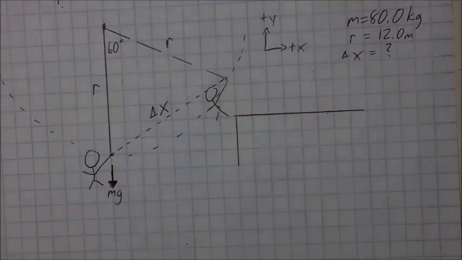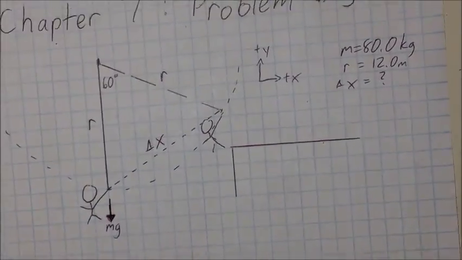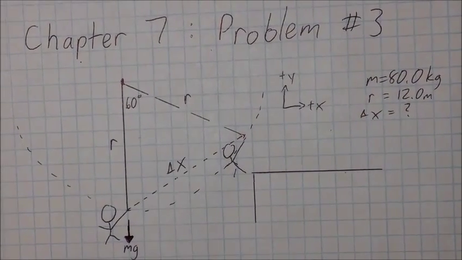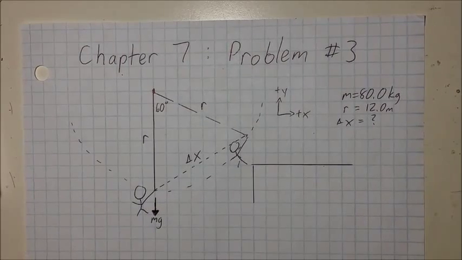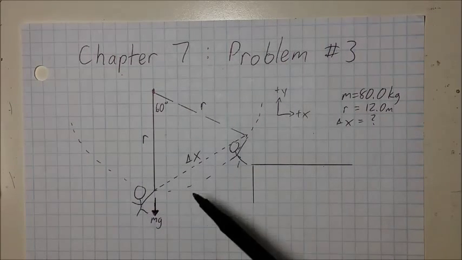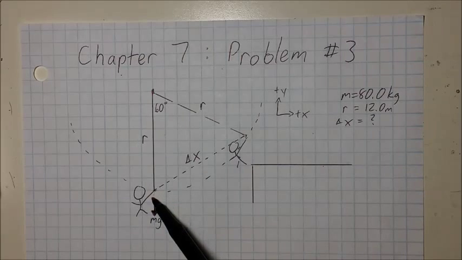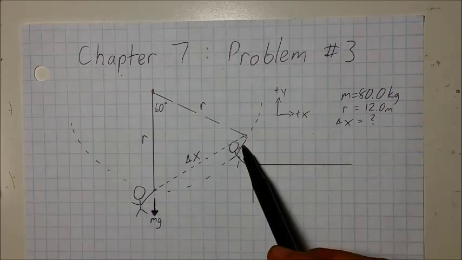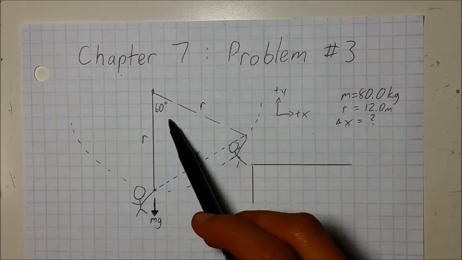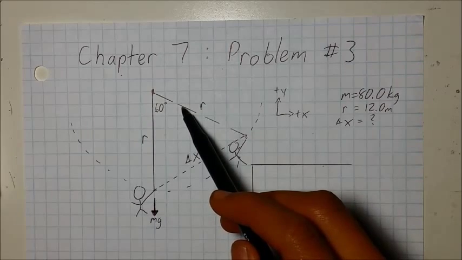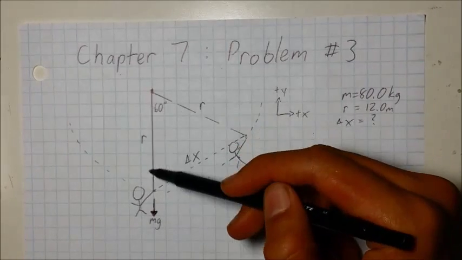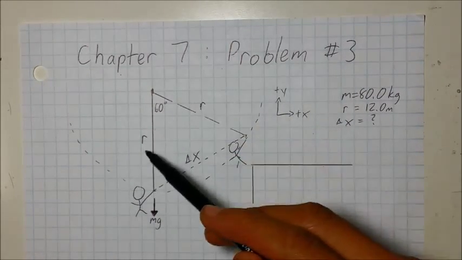So, I've drawn my diagram here. I'm going to zoom out. Okay, so in this diagram here, we're going to say Batman starts at the bottom of the vertical right here, and he swings up to the ledge, which is over here. To do this, the rope makes a 60-degree angle, so I've drawn the rope right here, calling it length R,